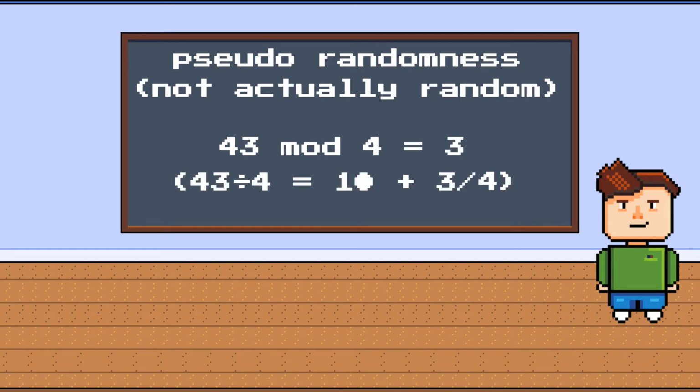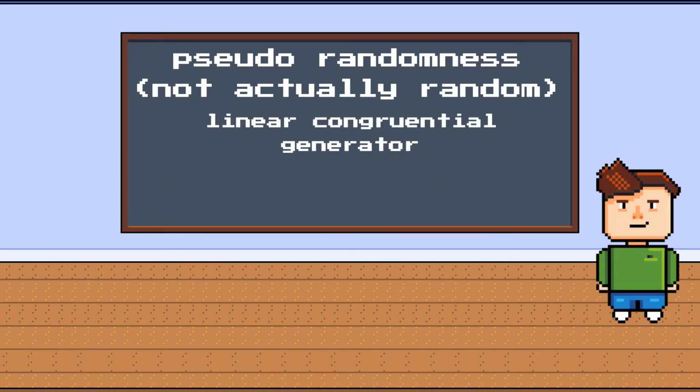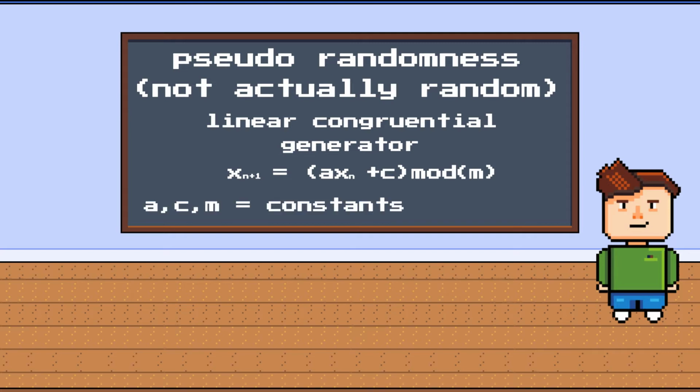The most common and easy to implement pseudorandom generator is the linear congruential generator, which follows this formula: X_{n+1} = (A * X_n + C) mod M. Constant numbers are selected for C, A, and M. X is the seed and the resultant random number. With each iteration of the algorithm, the previous random number becomes the seed, so more and more random numbers can be generated. As long as good numbers are chosen for C, A, and M, this can produce a long stream